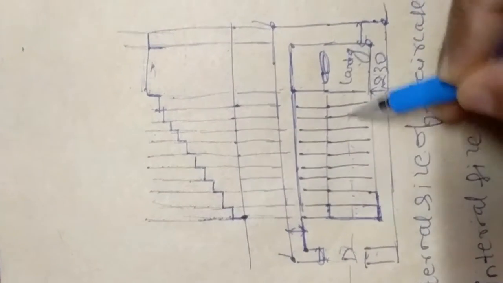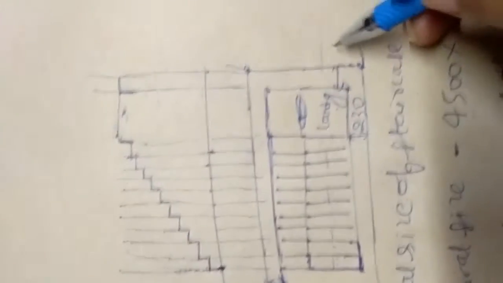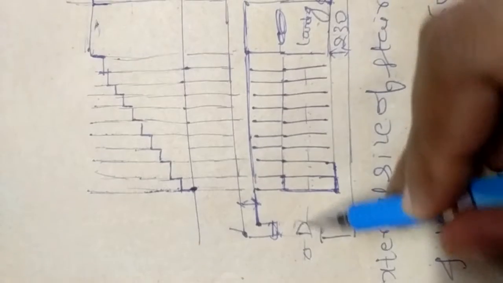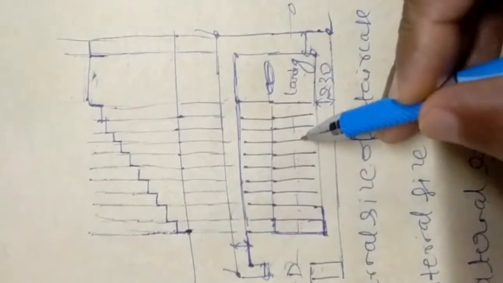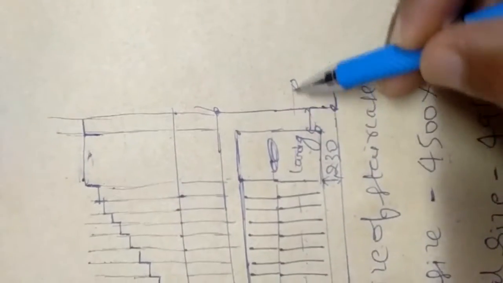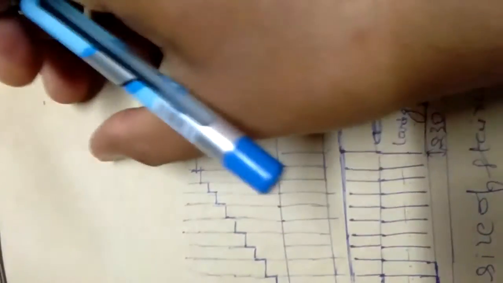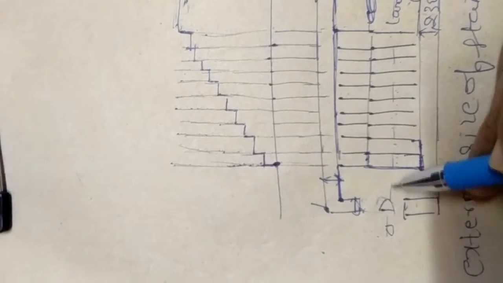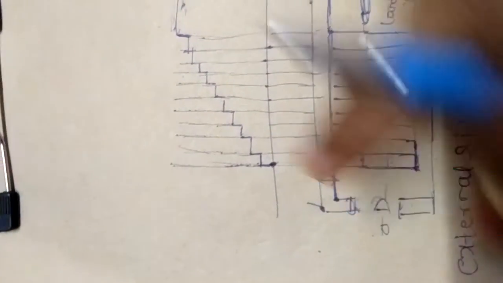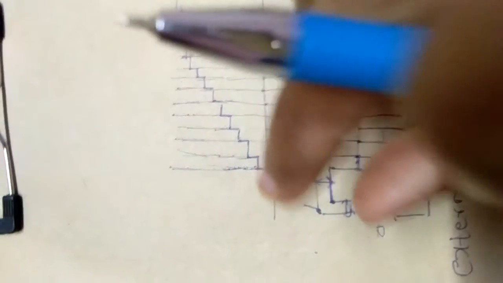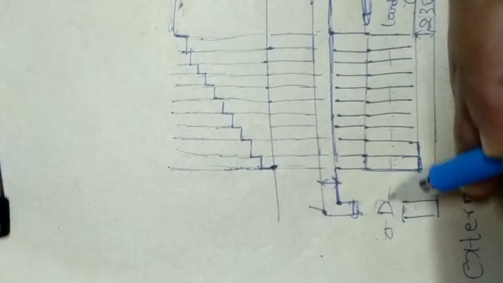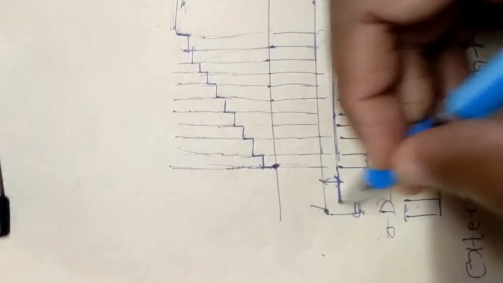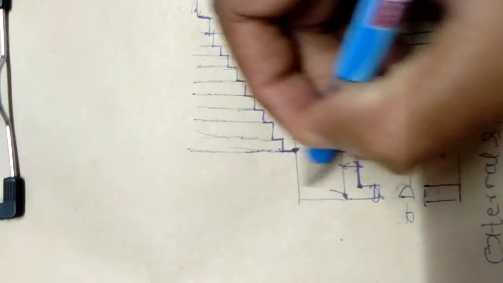Why? Because the section is cutting like this, correct? So the section is cutting through the door here. It is cutting through the steps, it is cutting through the landing, it is cutting through the wall. So the wall also is to be shown here. Similarly here also, because this section is cutting through the door. Door means actually above the door there is wall, correct? Above the door there is some height of the wall. Therefore whatever wall we are showing, we have to show the door also, because the door is also being cut here. So just extend here like this, very feebly.